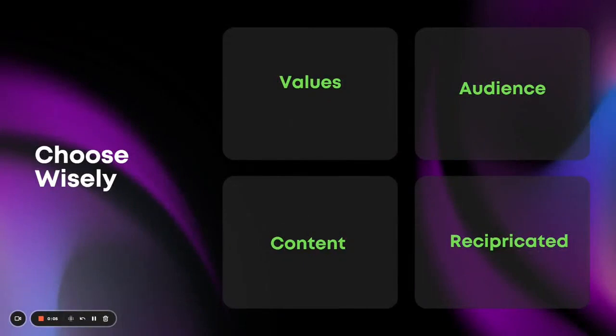First, you want to make sure that they have the same values as you. If your values don't line up properly, your target audience is not going to line up, and it just won't be a good partnership. And you also have to think about long term. Where's your community going? What brand are you actually building? If your values don't line up, then it's not going to be a good fit. The audience, again, has to line up, right?